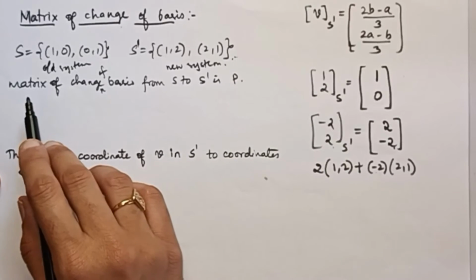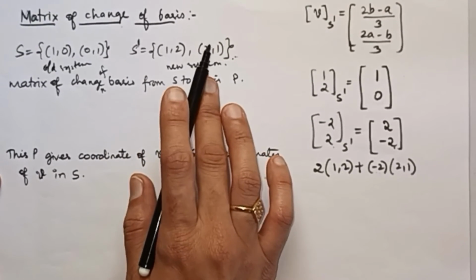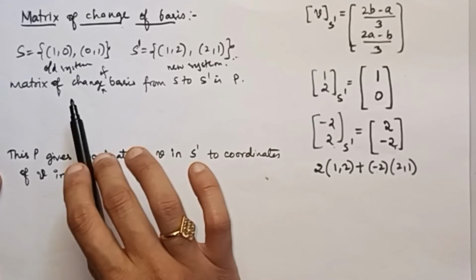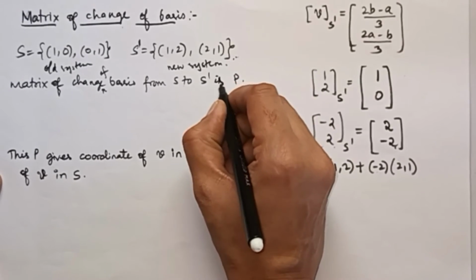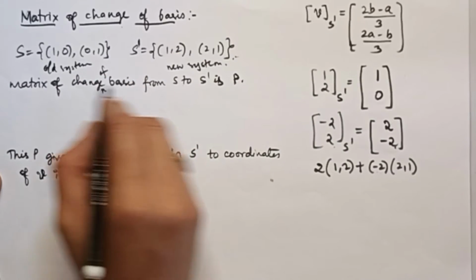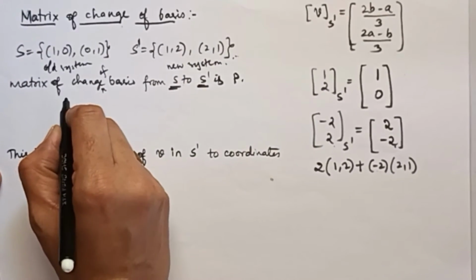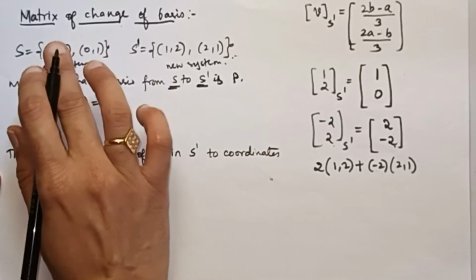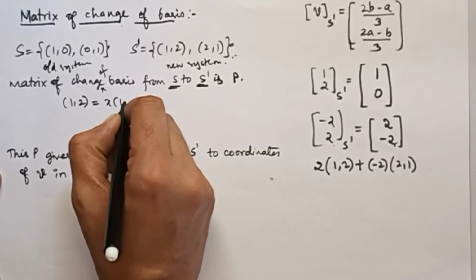Okay. So to get that matrix of change of basis, you know that when you change the basis, the matrix of the transformation also changes. Now, to get the matrix of change of basis from S to S dash, I will name that matrix as P. To get that P, first write from S to S dash. So every vector of S dash, that is (1, 2), is written as a linear combination of the vectors of S, that is x times (1, 0) plus y